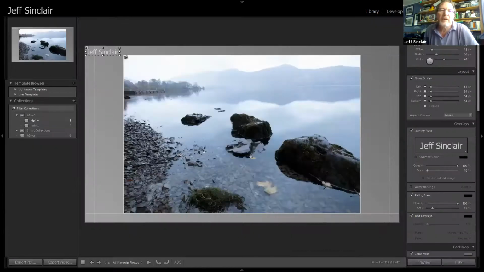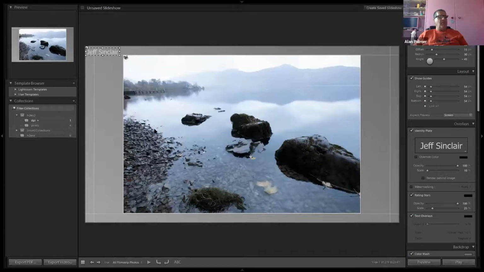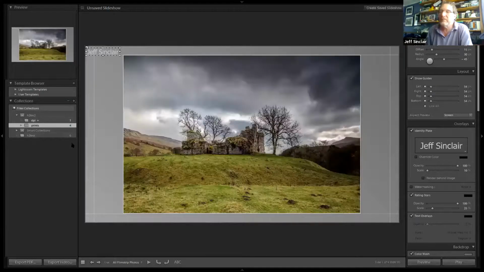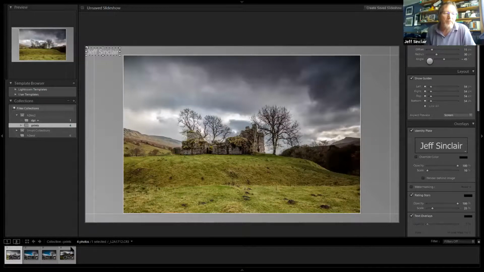I mean, it's okay for a basic image. Yep. So you can do stuff with it. But you've still got to be connected to your hard drive, haven't you? Yes, but